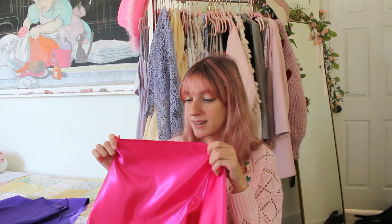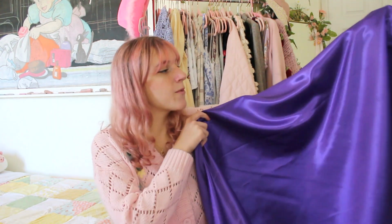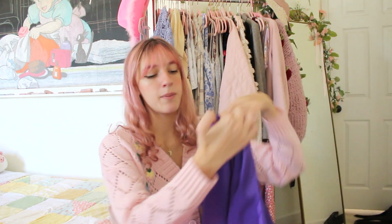And so this is 4 yards of their bridal satin in the color, I forgot what it's called, let me check. In the color American Beauty, I guess it's called. And I also got 1 yard of this one, which is also a bridal satin, and this one is just called regular old purple. And most people would be using the shiny side, but I think I'm actually going to be using the matte side of both of these